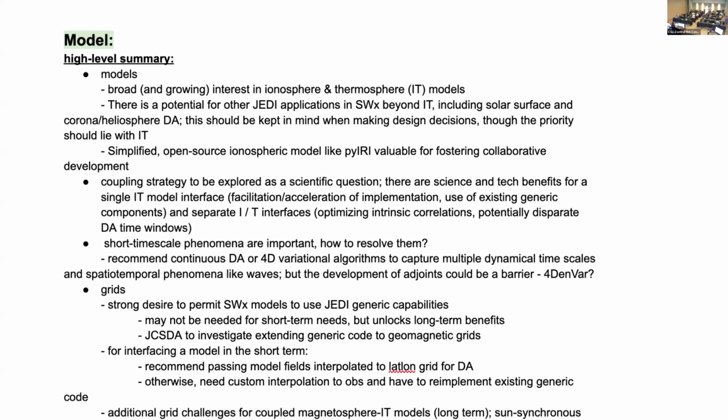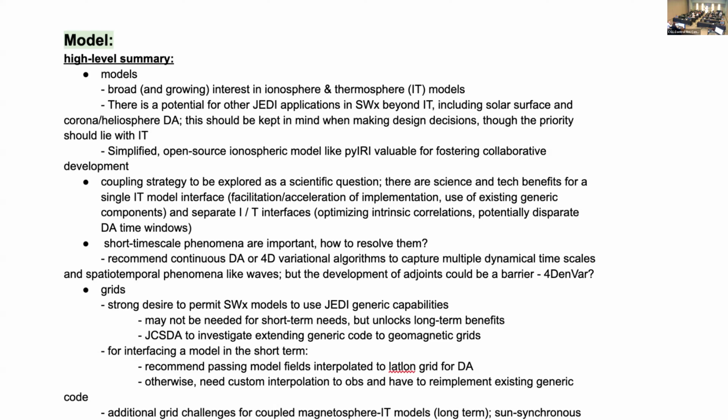Okay, so we'll start the last session, and want to thank everyone for coming and having a great workshop, and reiterating, we really hope this goes on and we have more of these. So what we're going to do is give a high-level overview of what action items came out of the three different sessions: the model, the observations, and we've already heard from the DA. And I think we're going to send them the notes afterwards.